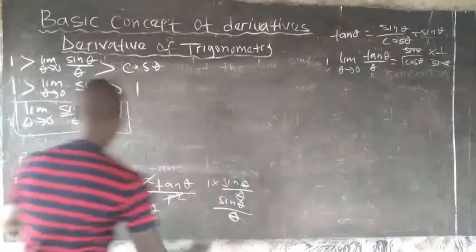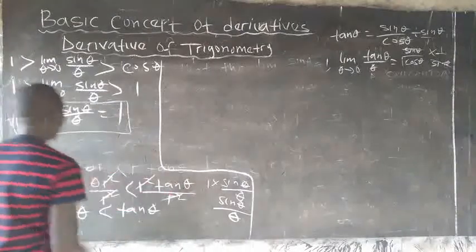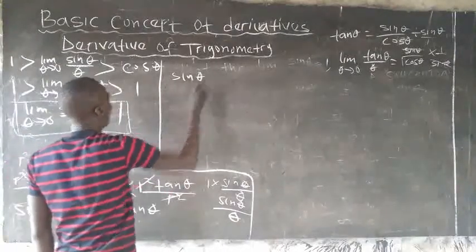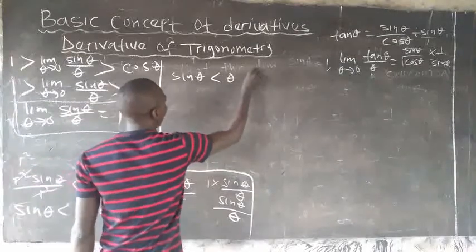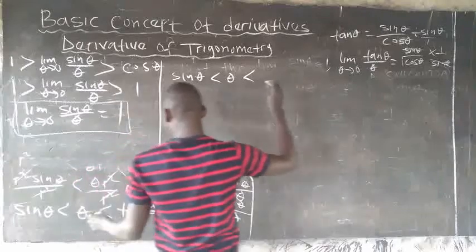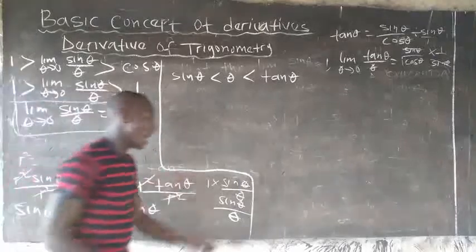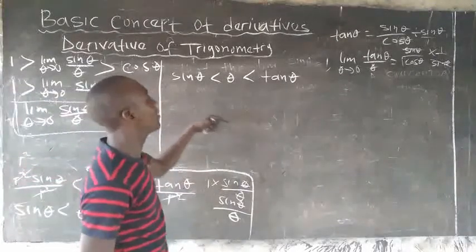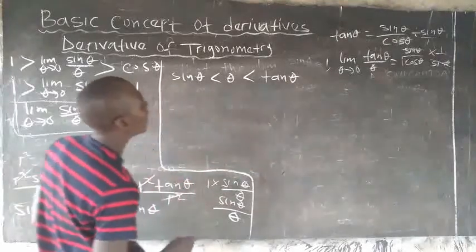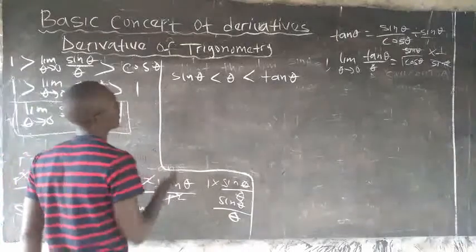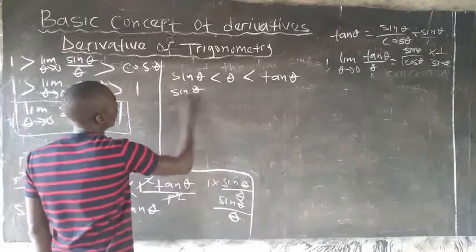So here I'm still using this equation that is still here: sin theta less than theta less than tan theta. At that first part, I divided by sin theta, but here I'll be dividing by tan theta. So if I divide by tan theta, it will be sin theta over tan theta